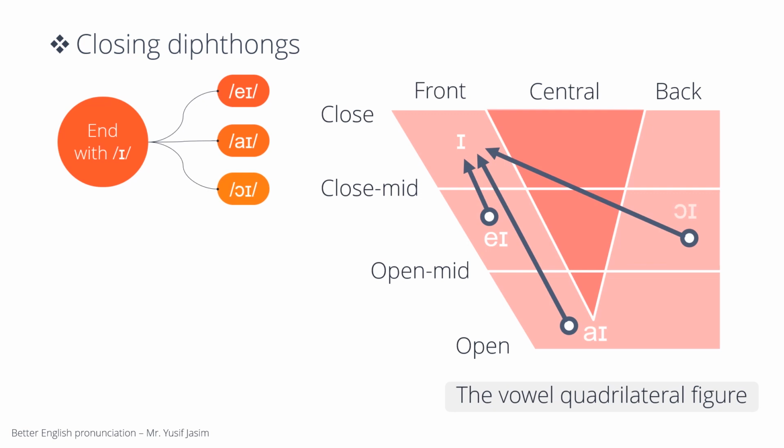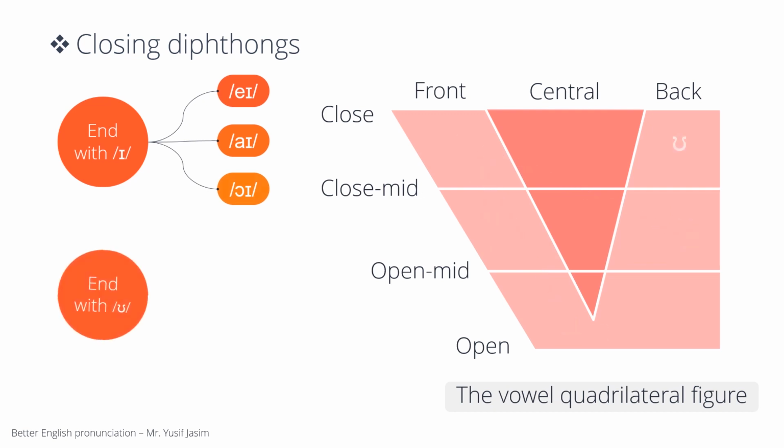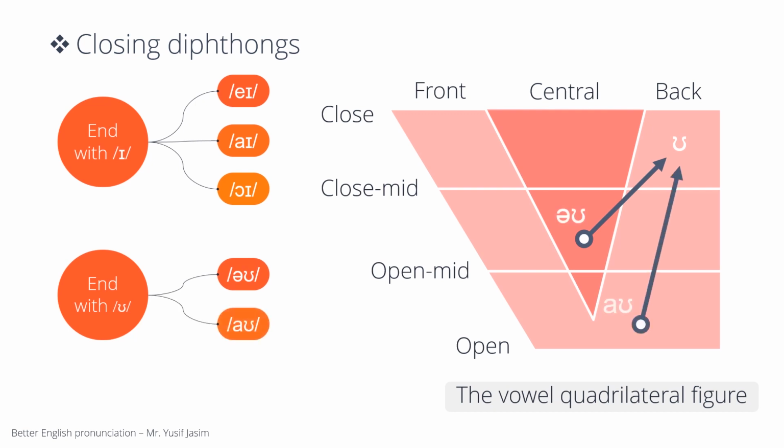Let's now study the closing diphthongs that end with O. The first one is the O diphthong. The glide begins from the position of the sound schwa, moving up towards the O sound, which is in the back closed position, as in home. The last one is the Ow sound. This diphthong begins with a vowel similar to I. Since this is an open vowel, a glide from O would necessitate a large movement, and the tongue often does not reach the O position. There is only slight rounding, as in house. That's all about closing diphthongs.